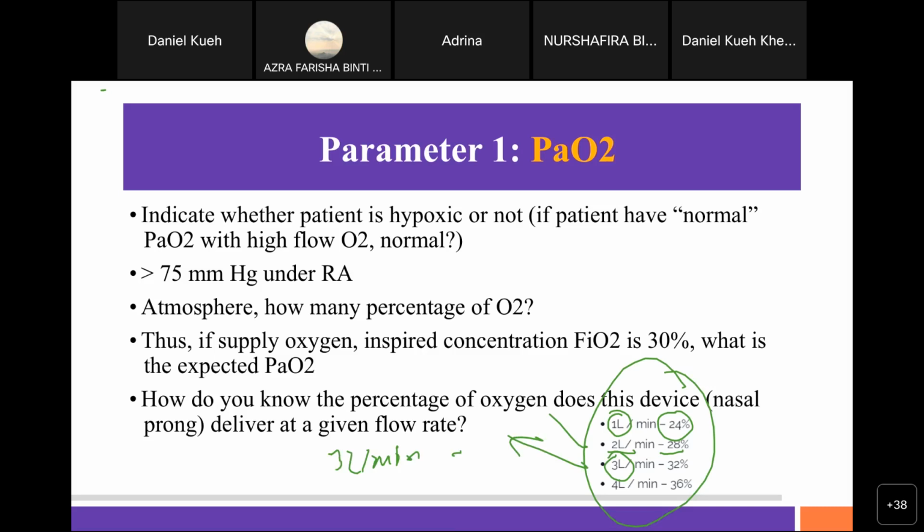If I give 3 liters per minute, it is 32%. Then I minus 10, which is roughly 20, then this 20 times by 10. You take 2, which is equal to 20 kPa, which is then equivalent to